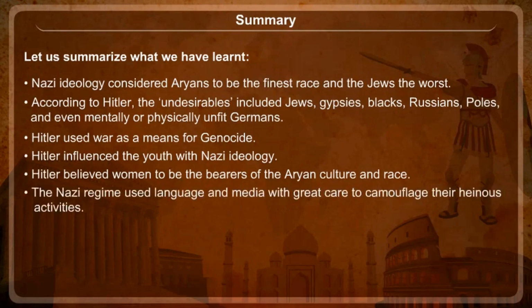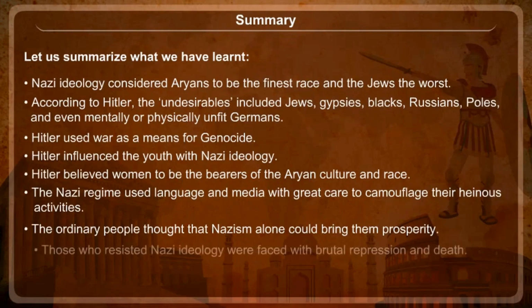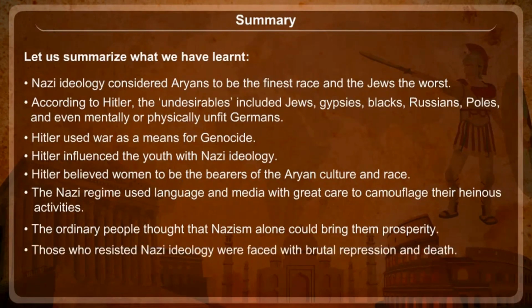The Nazi regime used language and media with great care to camouflage their heinous activities. The ordinary people thought that Nazism alone could bring them prosperity. Those who resisted Nazi ideology were faced with brutal repression and death. The knowledge